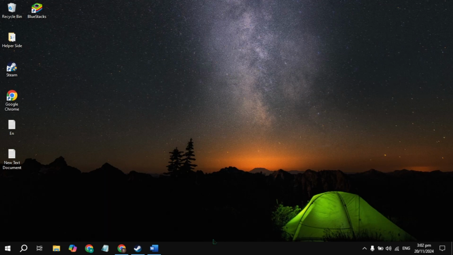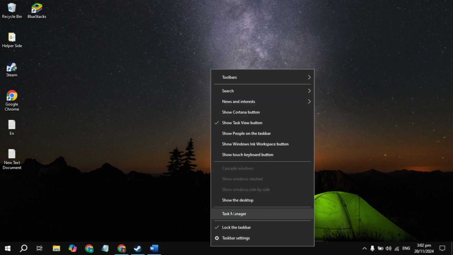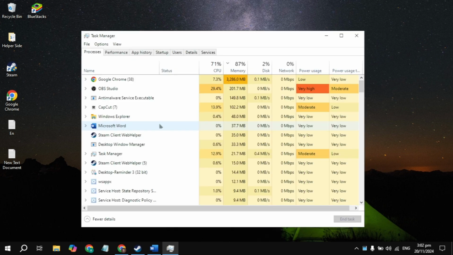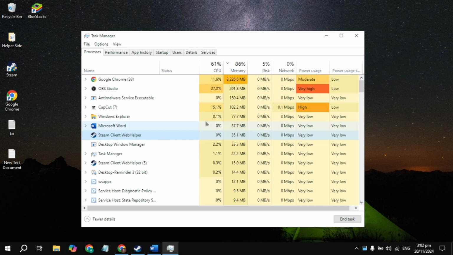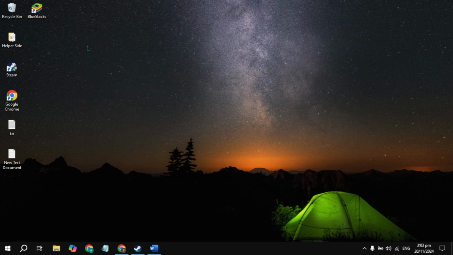So the next solution is to right click on your taskbar and you will see the Task Manager, open it. Now guys, if Riot client is running here in your Task Manager, first close it. Right click on it and click on end task, then launch it again, then check if the problem is fixed or not. Still not launching, then just uninstall the Riot client from your PC, then install it again,